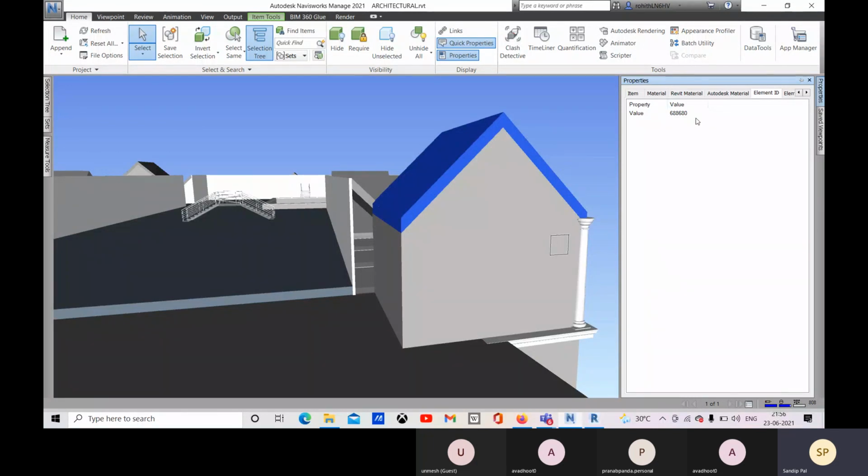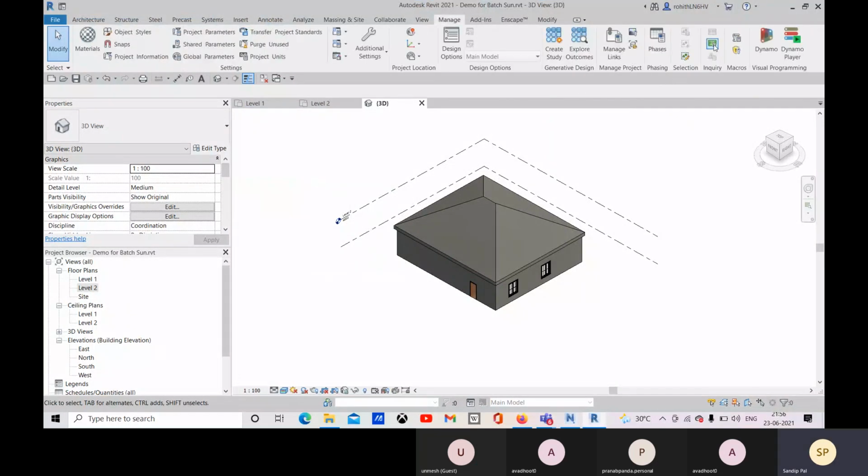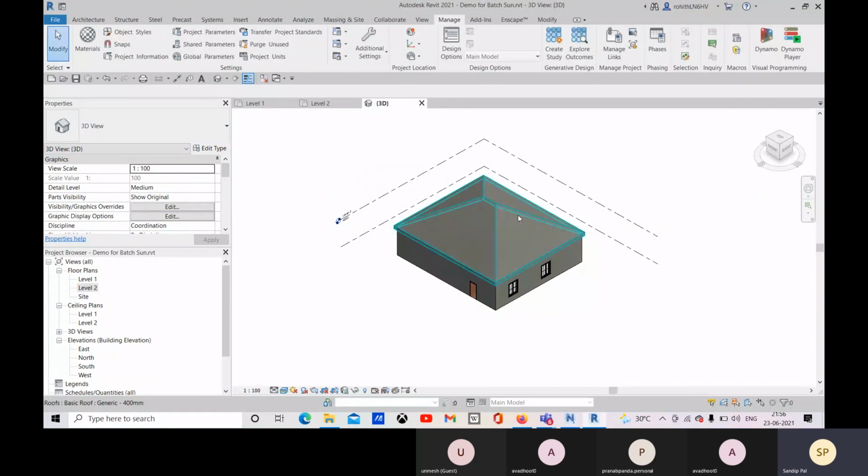These IDs will be visible, and you can come back to Revit and go to Manage, where you have the select by ID option. Just type that ID and it will select that element for you.